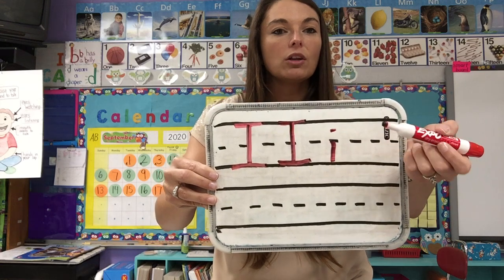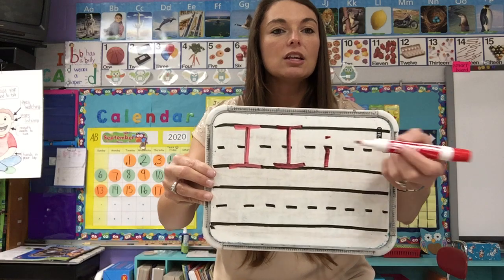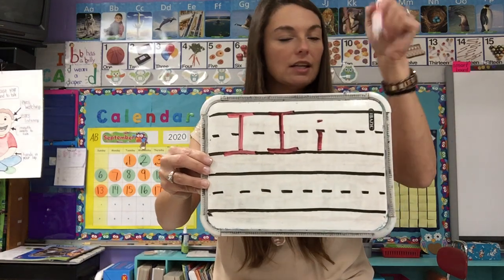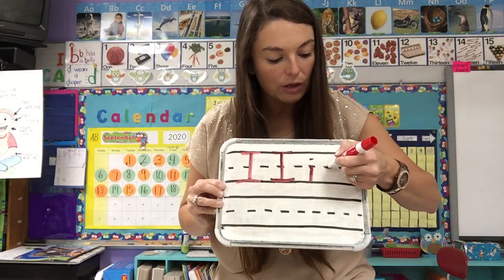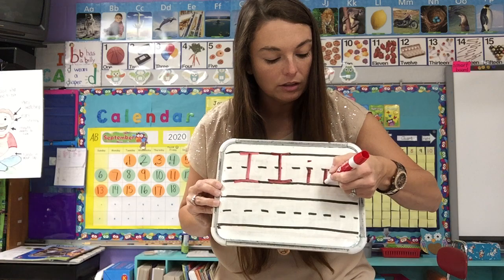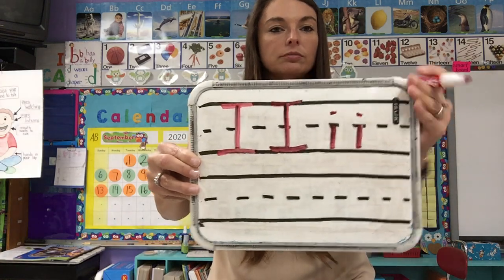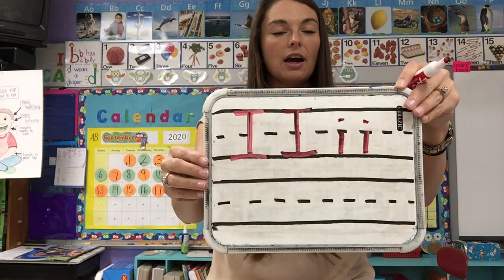So parents, if you all are at home helping your kids with lowercase I's and lowercase J's, we're just going to put a little dot right there. We're not going to draw a big circle and let the kids color the circle in. Okay? So we're doing lowercase I again, middle line to bottom line. Pick my pencil up and just a little dot to dot my I. So we have uppercase I and lowercase I.